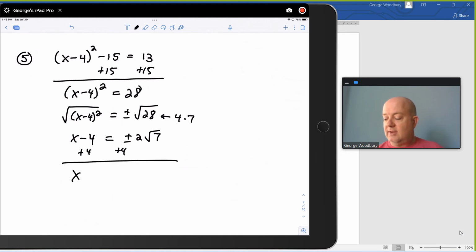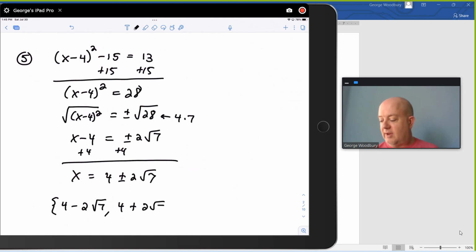And on the right-hand side, we're going to take that positive 4 and put it in front of that plus or minus sign. So x equals 4 plus or minus 2 square root of 7. If we write this in a solution set, the first solution is 4 minus 2 root 7. The second is 4 plus